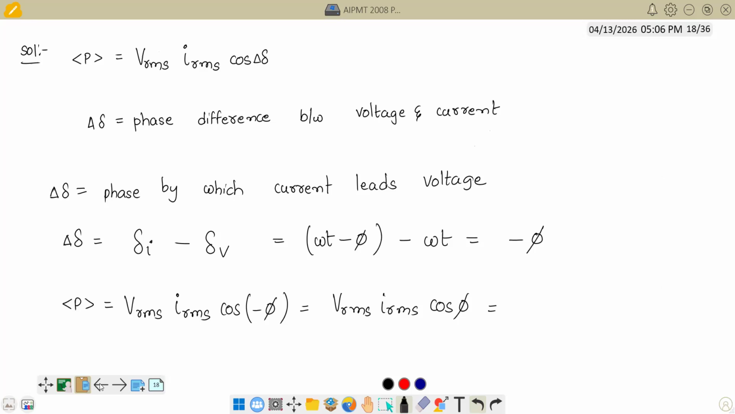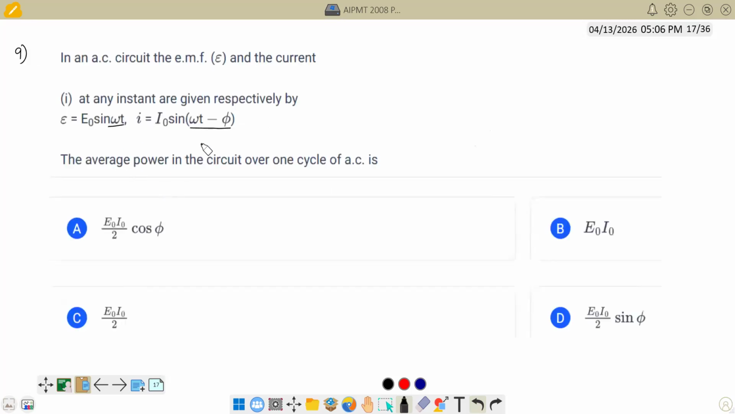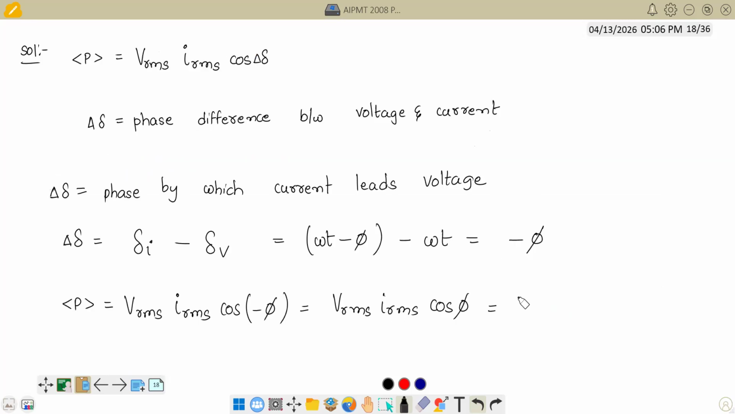So based on that logic, and one more, he wants the answer not in terms of RMS, he wants in terms of maximum values. So VRMS is V naught by root 2. So I can write E naught by root 2 into IRMS is I naught by root 2 into cos phi. So you get it as E naught I naught by 2 into cos phi. Again, I will repeat